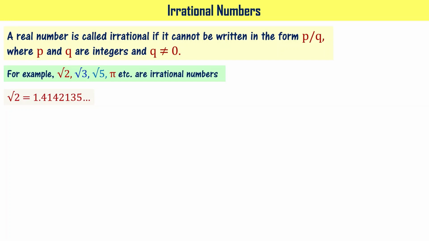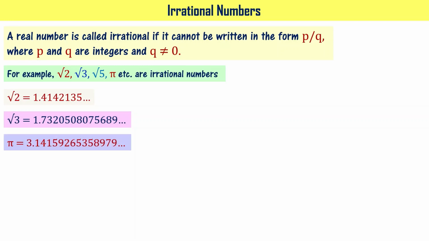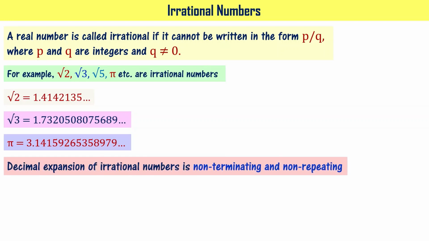If you observe, root 2 can be written as 1.4142135 and so on. Root 3 can be written as 1.7320080756889 and so on. Pi can be written as 3.14159265358979 and so on. When you observe these, what you can say is decimal expansion of irrational numbers is non-terminating